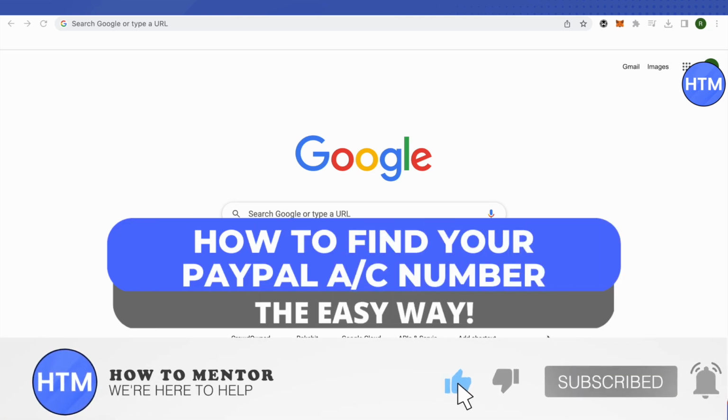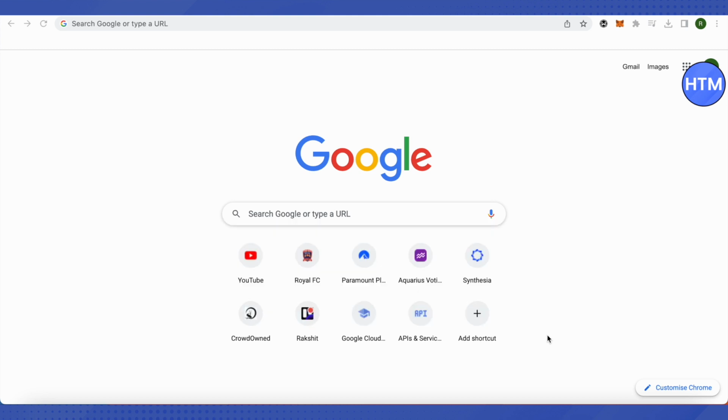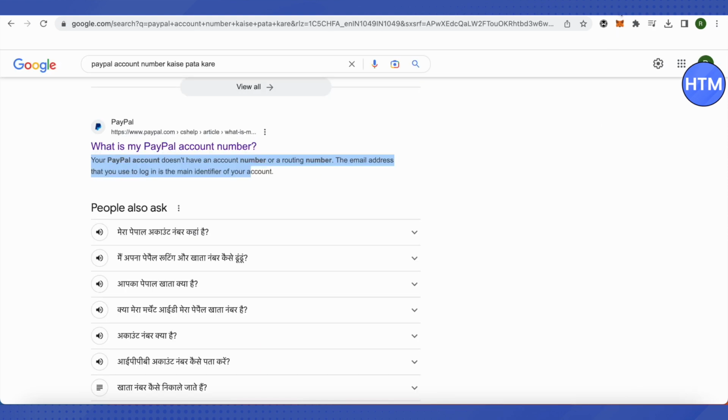Have you been trying to find that account number for your PayPal account? Well, you should look no further, as PayPal might not have an account number for every country out there. It depends on the region where you are. So if you are in a region where an account number is required, only then you will have the routing number